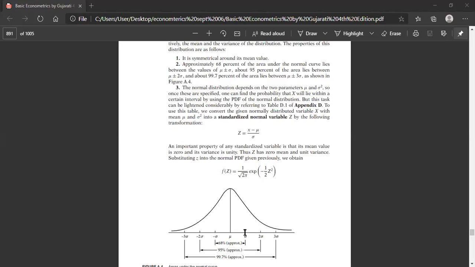Can you imagine? Let's say mean is 60 and standard deviation is 5. So from 55 to 65, this range will cover 68% of the values of the variable. Even though if you consider all values, they can go from minus infinity to plus infinity, but most values are here. 2 standard deviations, mu plus or minus 2 sigma,